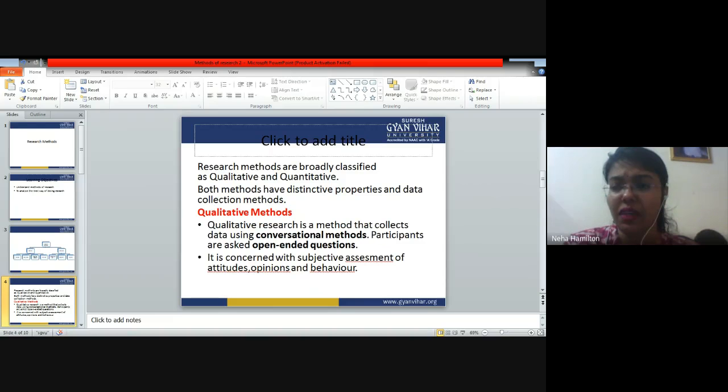When we are taking a vast data, then it is very important to collect a lot of information. Now, how do you get this lot of information? You get this lot of information with the help of open-ended questions. So it is concerned with subjective assessment of attitudes, opinions, and behavior. See, these three things that we are talking about, attitudes, opinions, and behaviors, this basically is something that you cannot